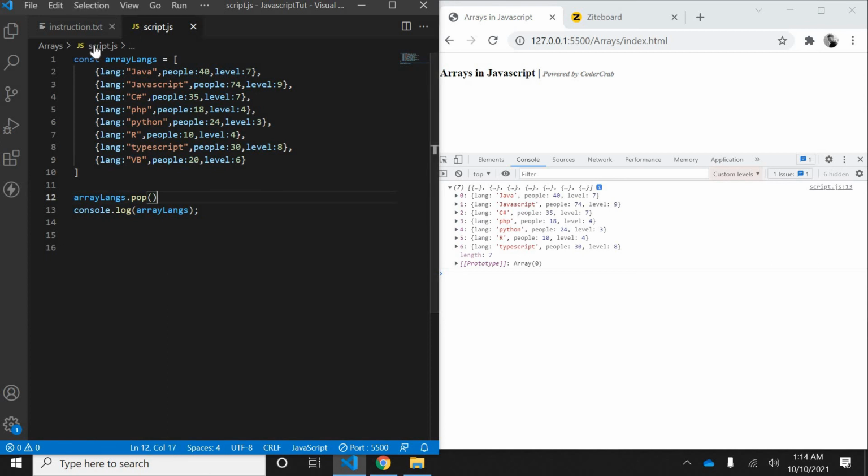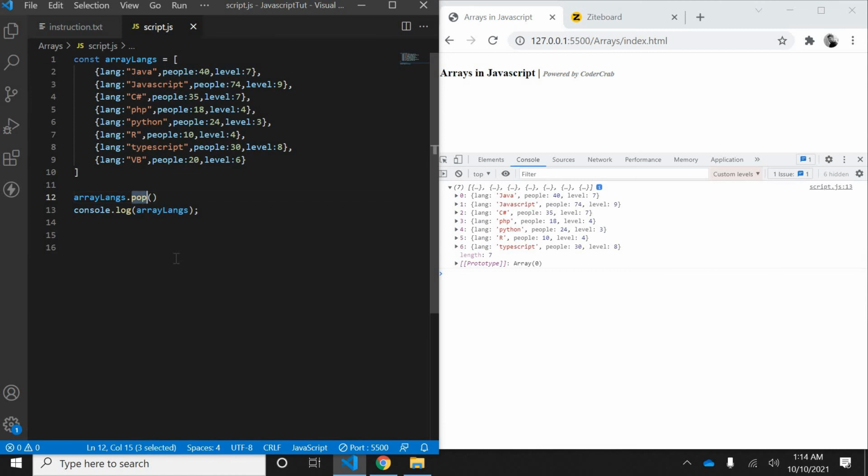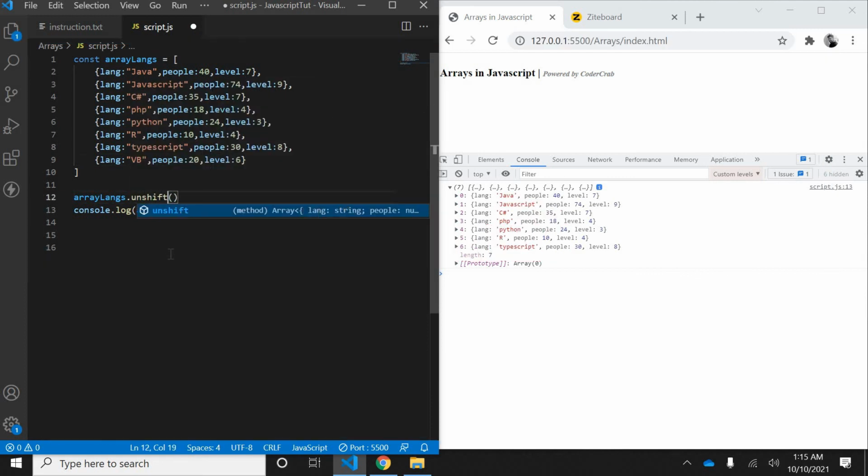Okay, similarly unshift and shift. The way push and pop work is push adds the new element to the last, and pop removes the element from the last. Similarly, if you do unshift, it will add a new element to the first.